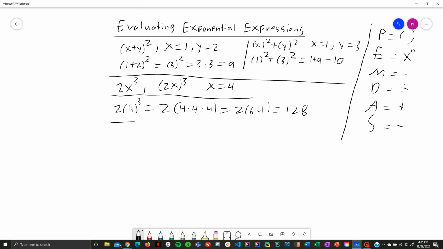But now let's take a look at 2x to the third power. We have a parenthesis that came first, not an exponent. So what we're going to have to do is solve for whatever is inside of here first. So we know that the value of x is 4. So we plug that in. So first we have to multiply 2 times 4, just like we did on the inside right here, but we added up here. So that is going to come out to be 8. 2 times 4 is 8. And then we raise 8 to the third power. And so furthermore, this is 8 times 8 times 8. And we know 8 times 8 times 8 is going to come out to be